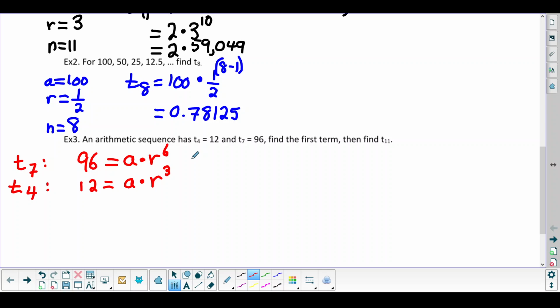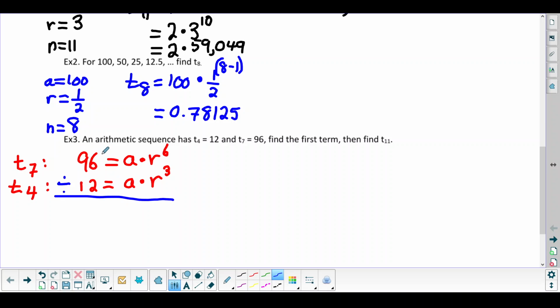Okay, so we want to do something like substitution or elimination. Now, adding and subtracting these equations isn't effective because A and R are multiplying each other. So we can't actually subtract these terms. But just like we can add and subtract equations in elimination, we can also divide equations in elimination. So we're going to divide these two